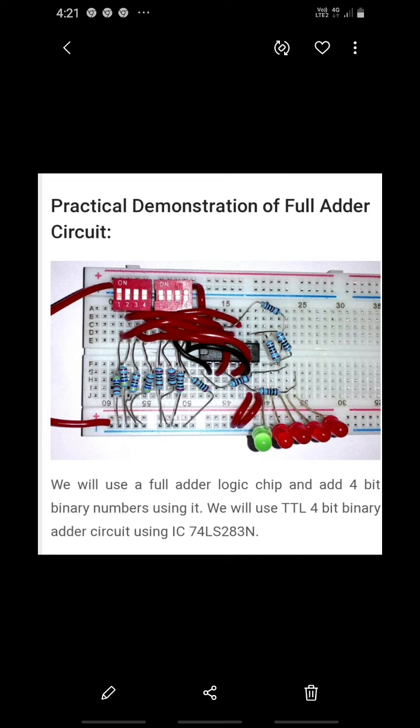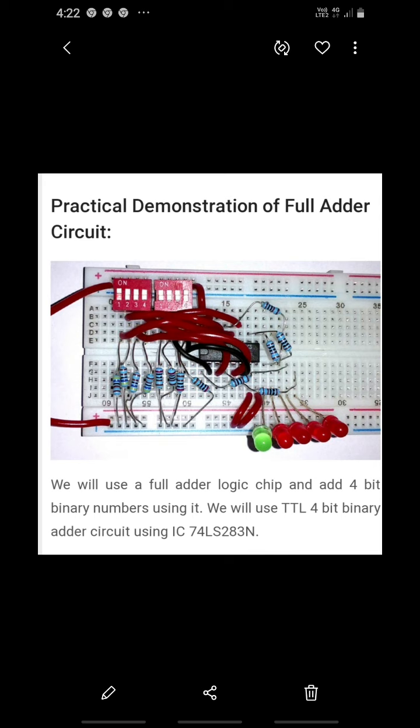So by using this and IC, integrated circuit, you can take that demonstration of full adder circuit practically. You can take the PCB board, you can design the practical full adder circuit by using the different components like ICs, resistors, LEDs and different connecting